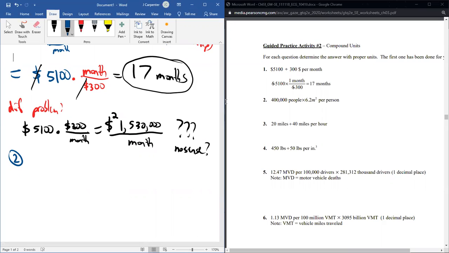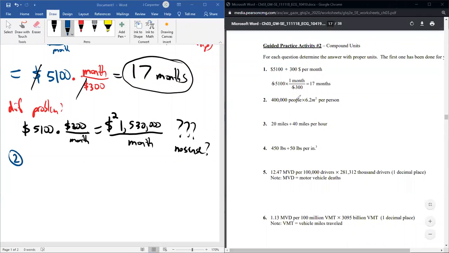It's talking about how much room each person gets. And then it's saying, all right, well, this is how much room each person gets. What if we have 400,000 people? How much room do we need in total? So we have these two figures that someone gives you, and then you go, let's pretend like I didn't actually